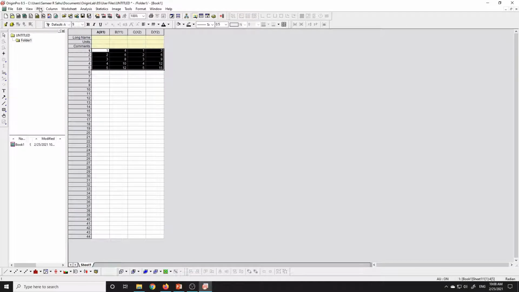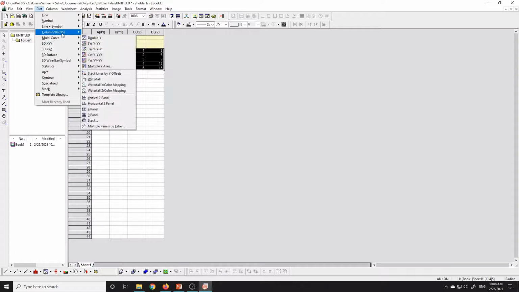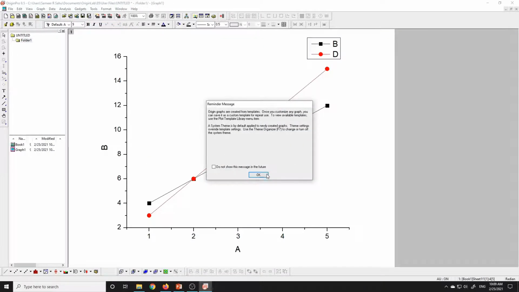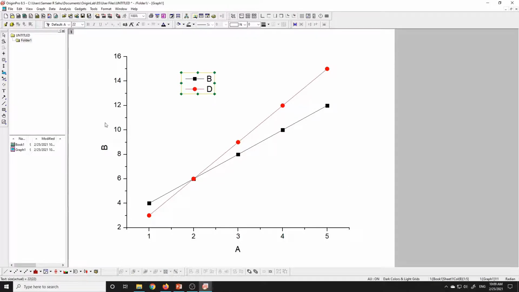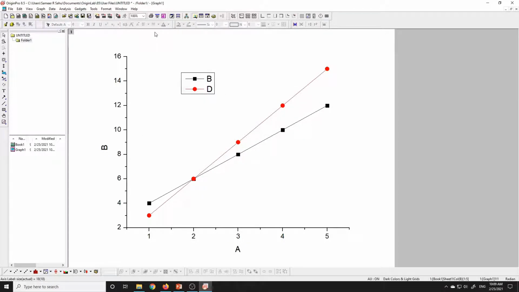Just select, plot, whatever you want, line plus symbol. You can even get columns, bar, pies, whatever you want. Just explore through this, whatever you require. And I have heard some of my friends have also conducted some regression analysis. Since that was not a part of my work, I am sorry I cannot show you that. I'll just show you this line plus symbol. See, you got it, and whatever you want to change, just double click. Double click on that, you will automatically change everything. So you can see this Origin is very very easy to use.